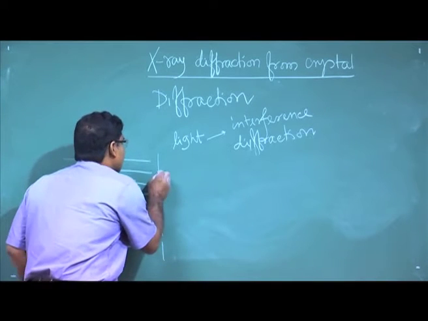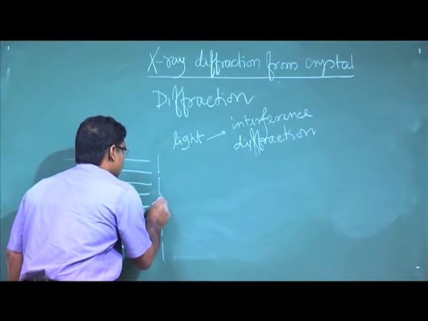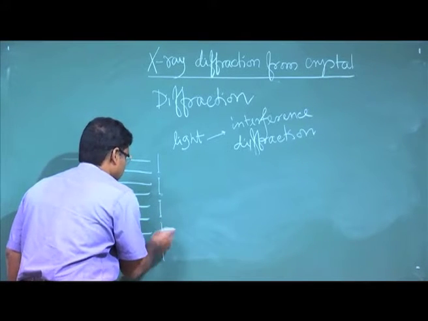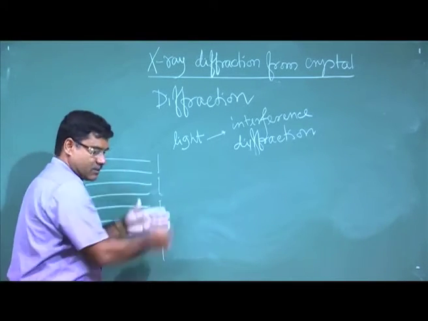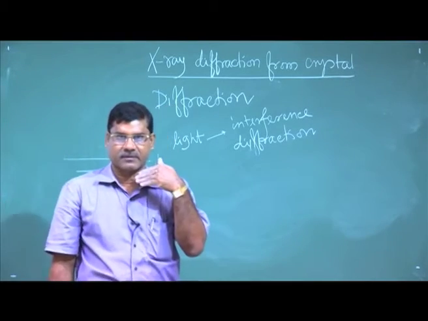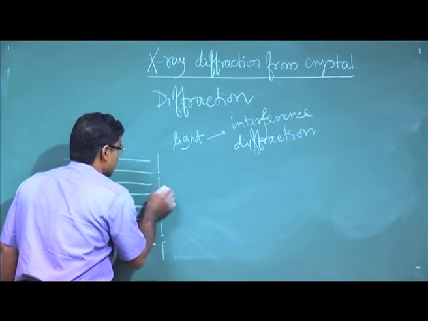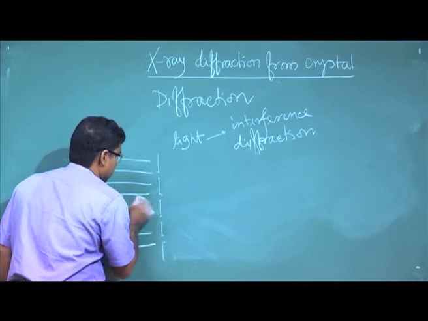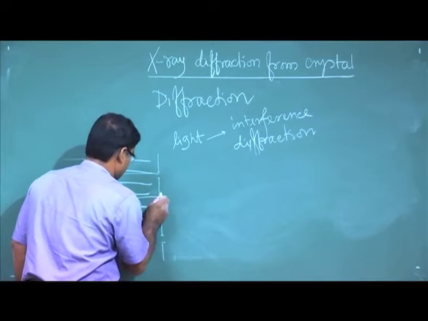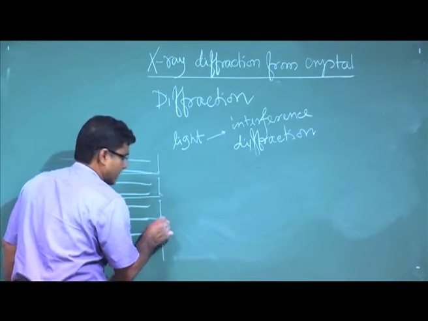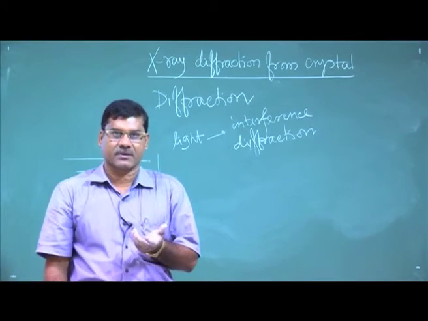This obstacle has some hole. When there is a hole in the obstacle, the wave passes through it. When these holes are comparable with the wavelength of light,